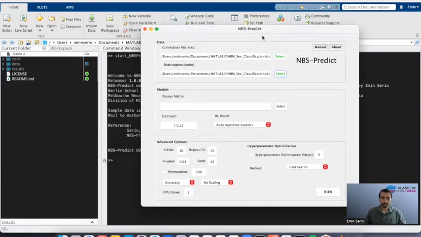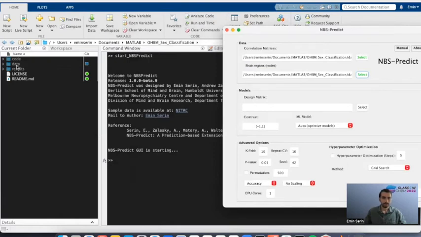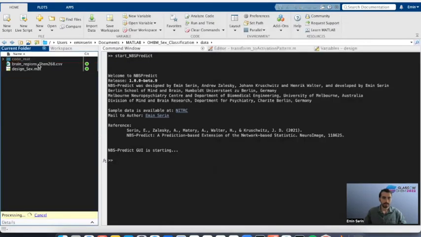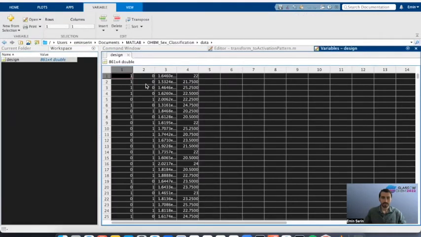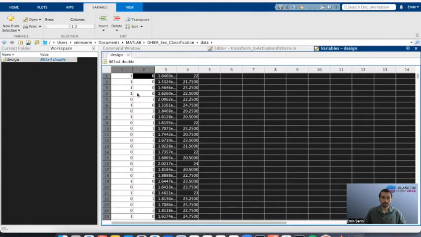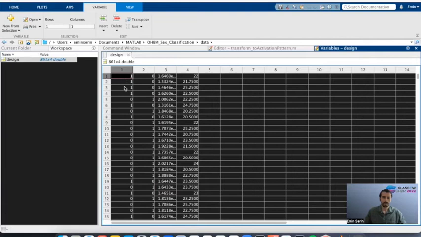Yeah, so let me show you how it looks like. Okay, so for our analysis, the design matrix contains 4 columns. And the first 2 columns contain the one-hot encoded group labels for contrasting, like 1 for females and 0 for males.